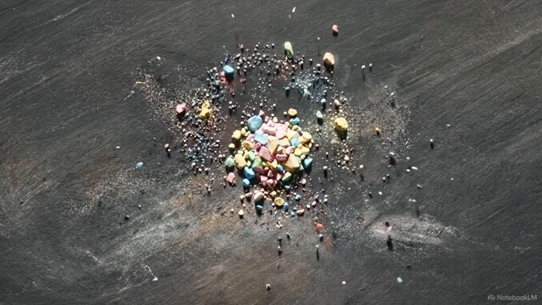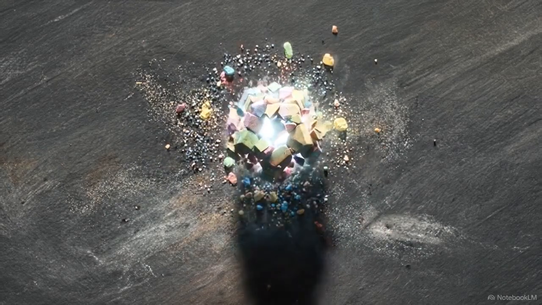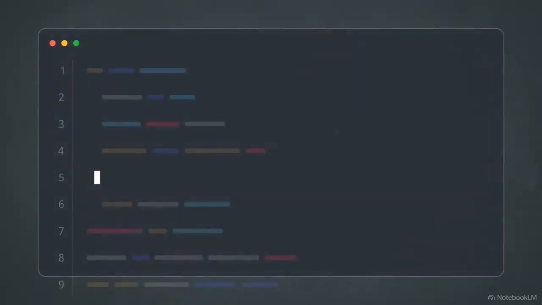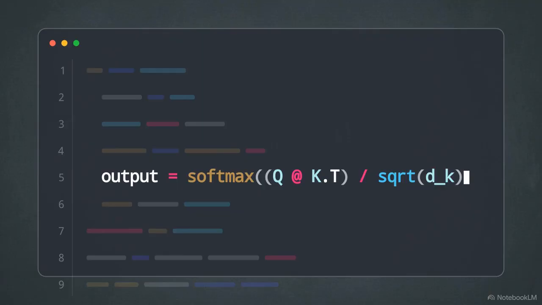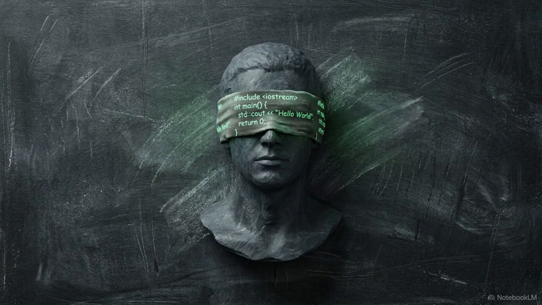For many engineers deploying large language models, the architecture is treated as a black box. You feed tokens in, and probabilities come out. Inside that box, the standard attention recipe is universally written as the softmax of Q times K transpose over the square root of D, multiplied by V. Treating this equation as a rigid programming snippet hides the actual mechanics of what the model is doing to the